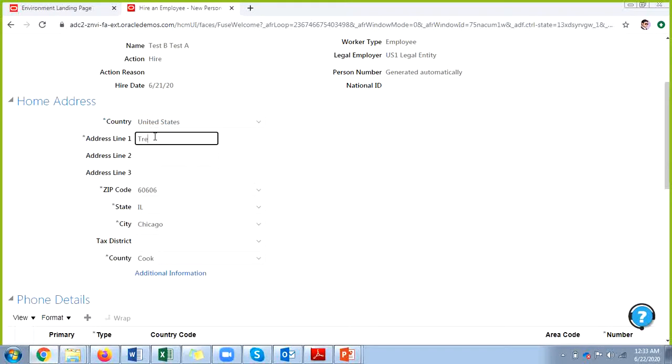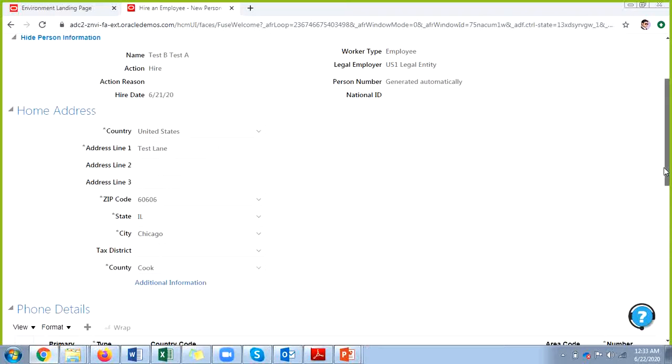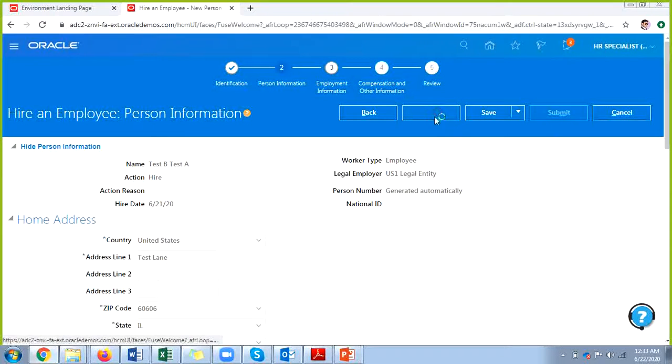Enter the employee lane. Upon selecting the zip code, you will get the state and city of the geography, which is in the United States. Enter employee phone details and email details optionally and click on next,